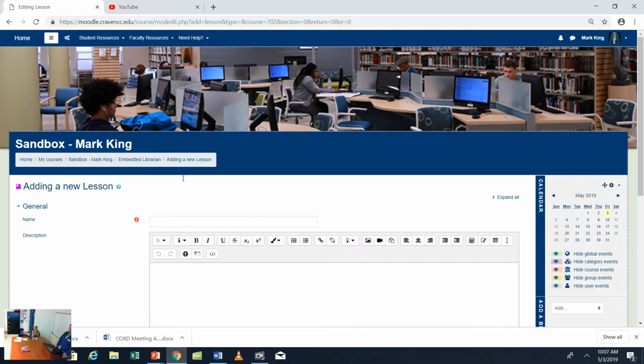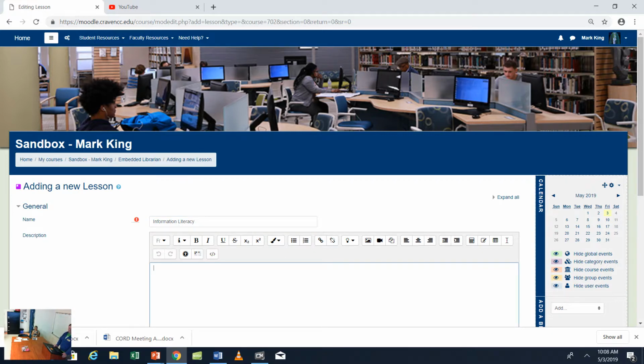And of course what you need to do is name the lesson, and I'm just going to keep it basic for today. You can make these lessons as long as you want or as short as you want, but it doesn't have to be any particular length, okay? Because maybe part of the concept a lesson can be used for, and maybe part of the concept you have to do however you're already doing it. So I'm in library land, so I'm just going to talk about information literacy. And that's the name of the lesson. You can name it whatever you want.